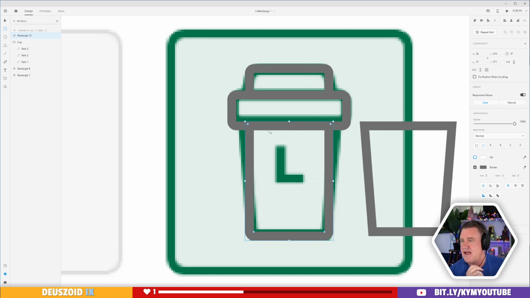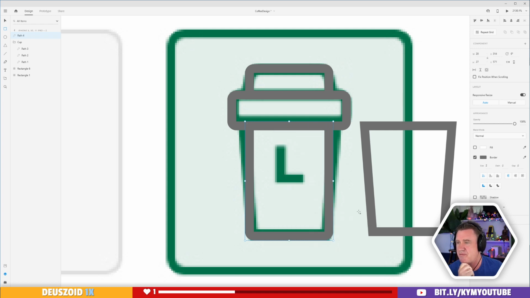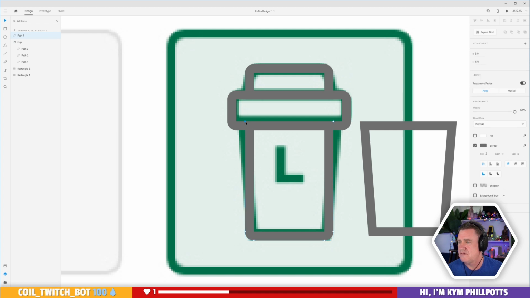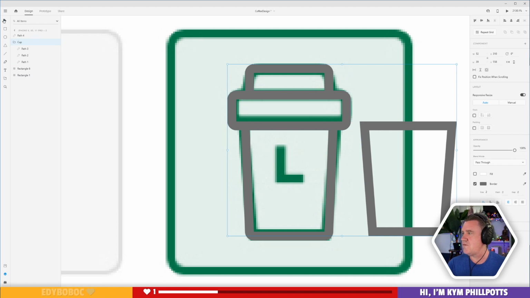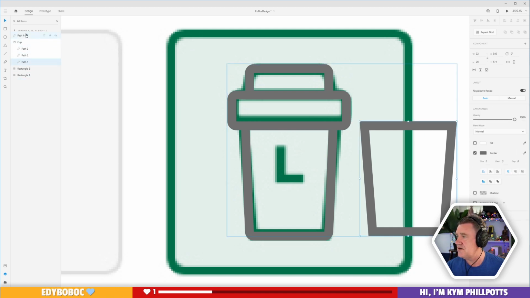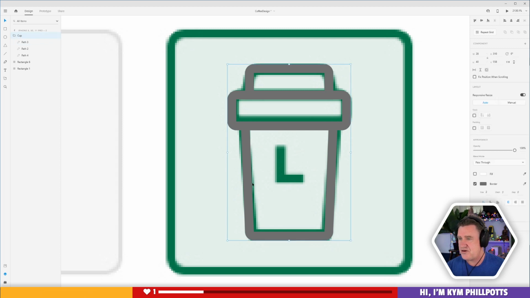There we are. And now, if I convert that to a path, I can now come to this one and do that. There we are. That's probably a little better. Yep. Cool. Now I'll move this path underneath here. Get rid of that path. And we have our new cup.